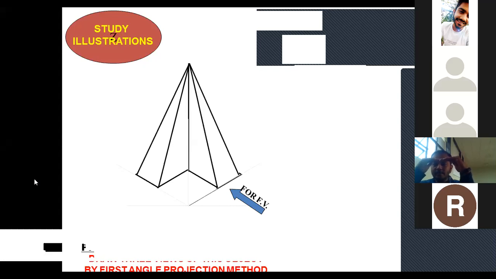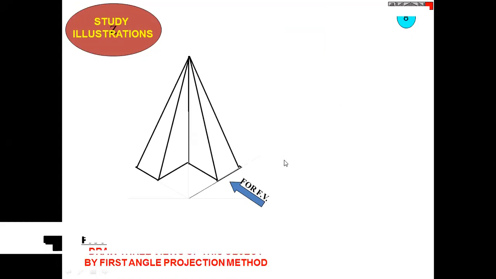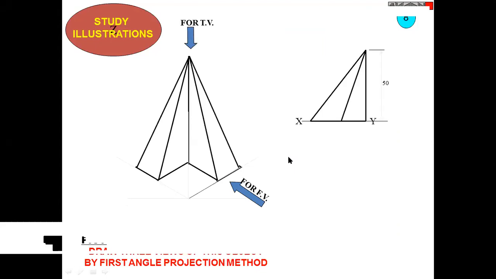It is not possible. See, from front top view it is different, but from front view you can't see. You see a single line only, though there is offset. Are you understanding? Yes, sir. So in EG, you have all the tools available to you. You can practice it, let me do it this way, that way, and you can easily understand. Okay. So now we will see.